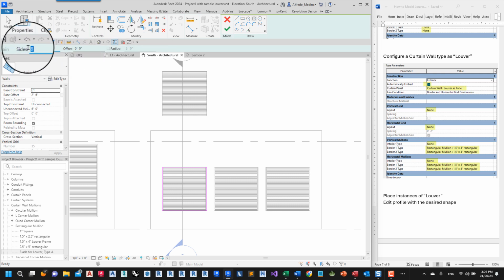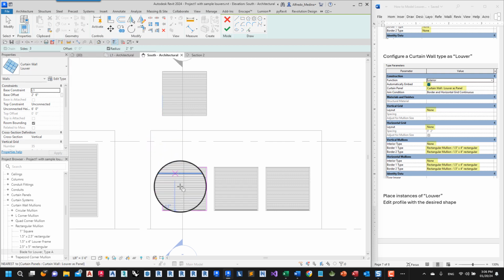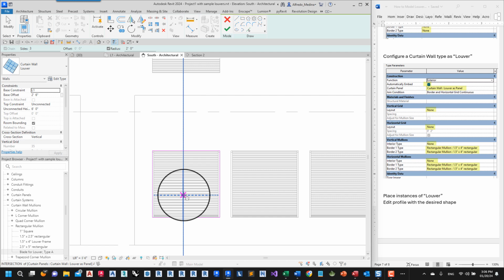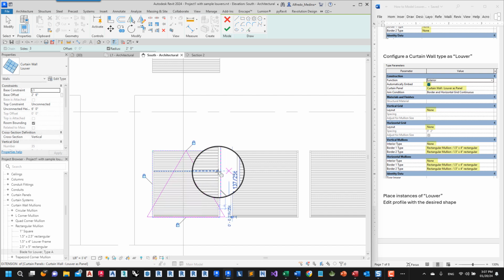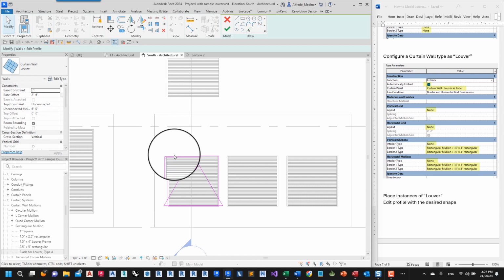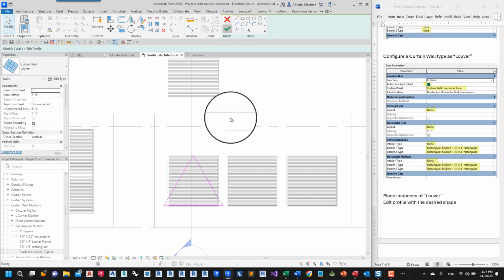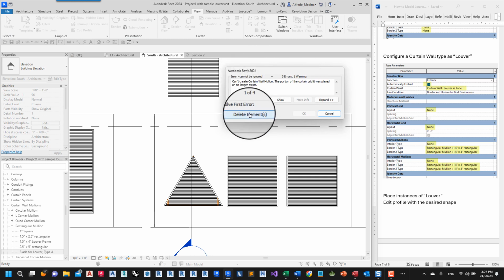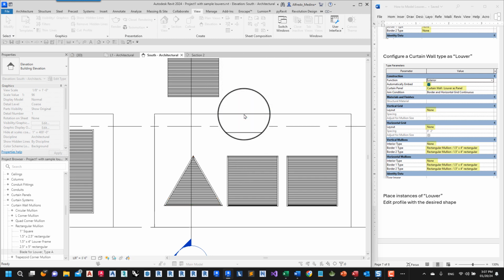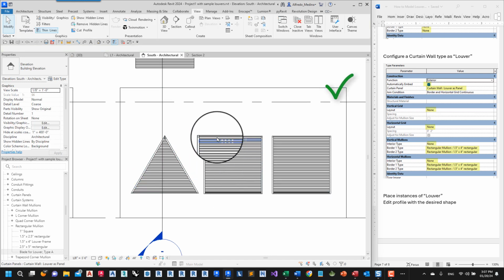Let's create a triangle as a polygon of 2 feet radius like this, and then we delete the previous profile and click finish. Of course, Revit needs to delete some mullions. That's okay. And now we have a triangular louver.